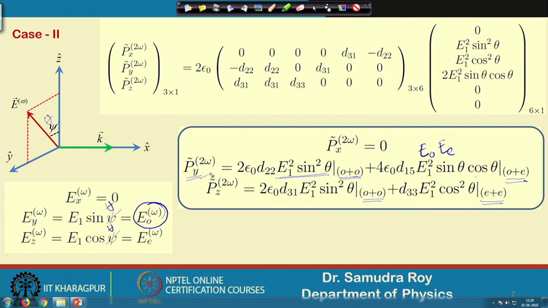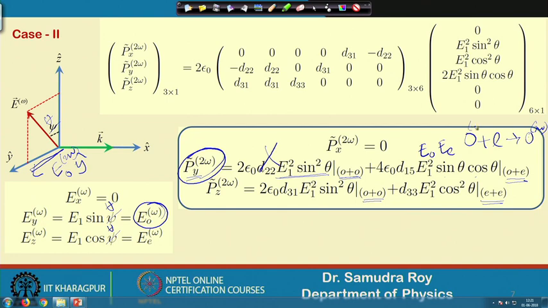Here, one by one if I consider, you can understand these 2 ordinary. So, what should be the electric field associated with P y? P y is going to generate an electric field of 2 omega along this direction. This is the electric field at 2 omega and the direction is y. So, that means this has to be an ordinary wave. So, 2 ordinary waves are going to generate something ordinary, which is again violating the phase matching. So, the contribution of this term will not be there. But here we have a situation where one ordinary and one extraordinary wave can generate an ordinary wave of 2 omega.